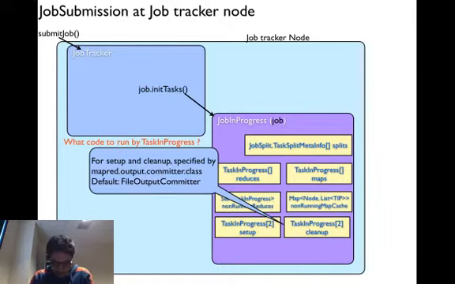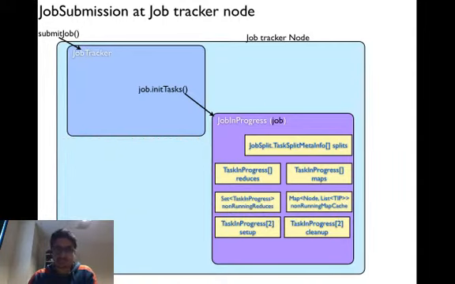In job cleanup, it calls either a commit job method inside the file output committer class if it is successful, or it calls abort job inside the same class. Both delete the temporary working space that was created by the setup task. So we are essentially done with the initialization.